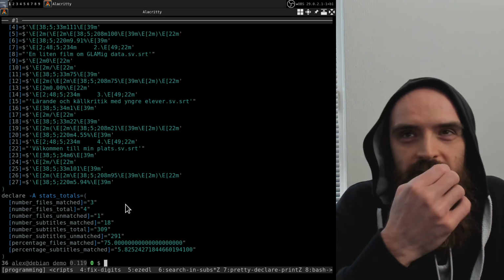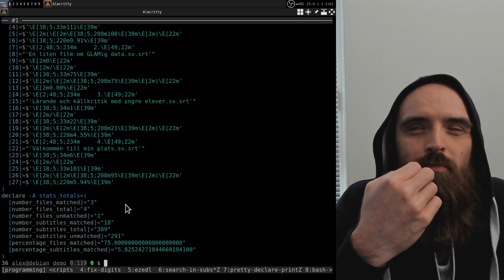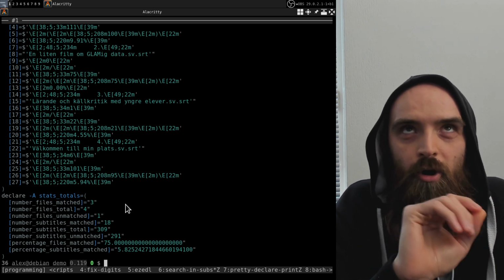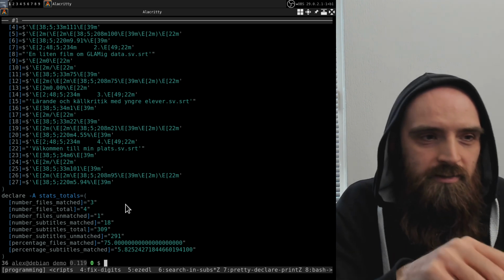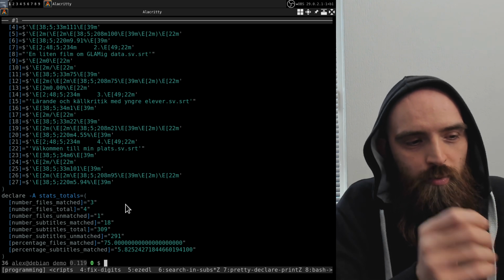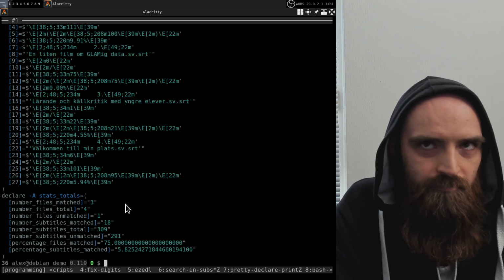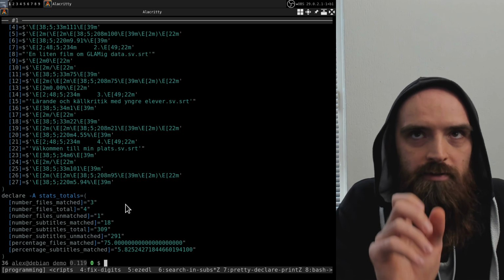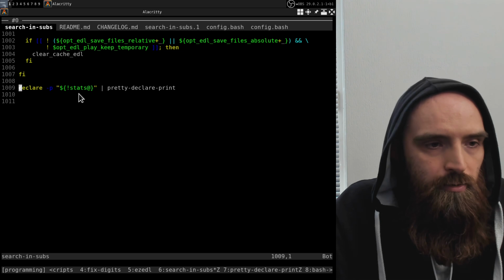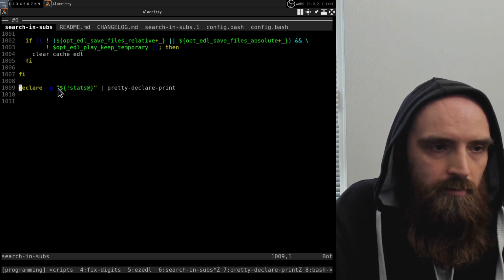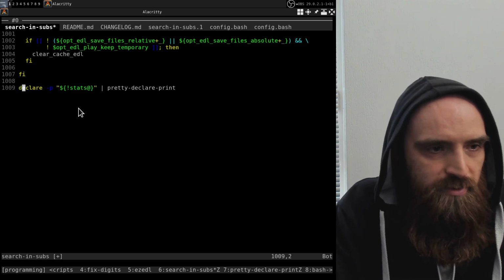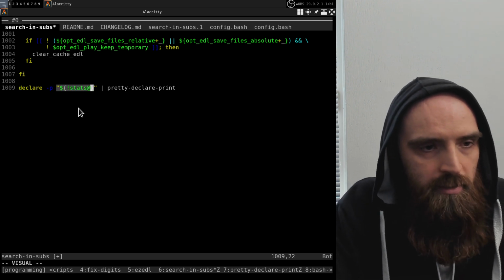And this also ties back to how you want to program your scripts. You might keep that in mind, and you might call variables in a certain way so that you can then take advantage of this particular feature later on. So it's worthwhile to systematically name them so that they have a certain prefix, and then you could use this feature as well. So yeah, I guess this is the first way of using pretty declare print here, and then the second way would be to do this